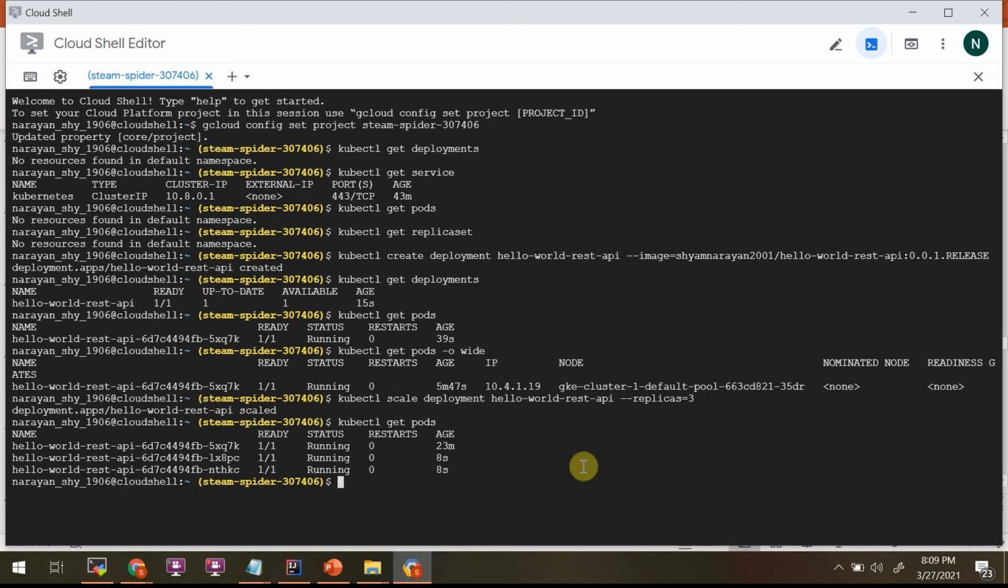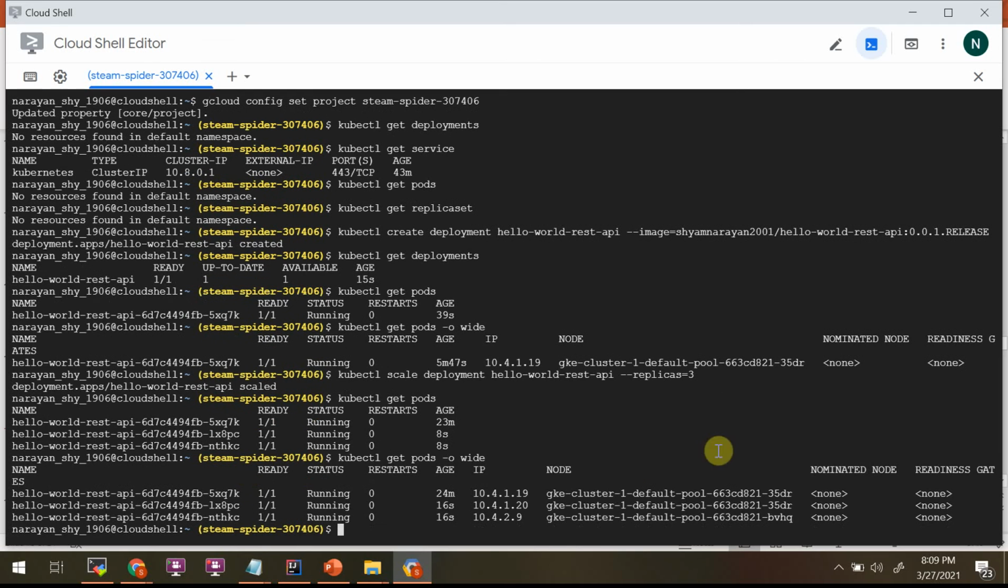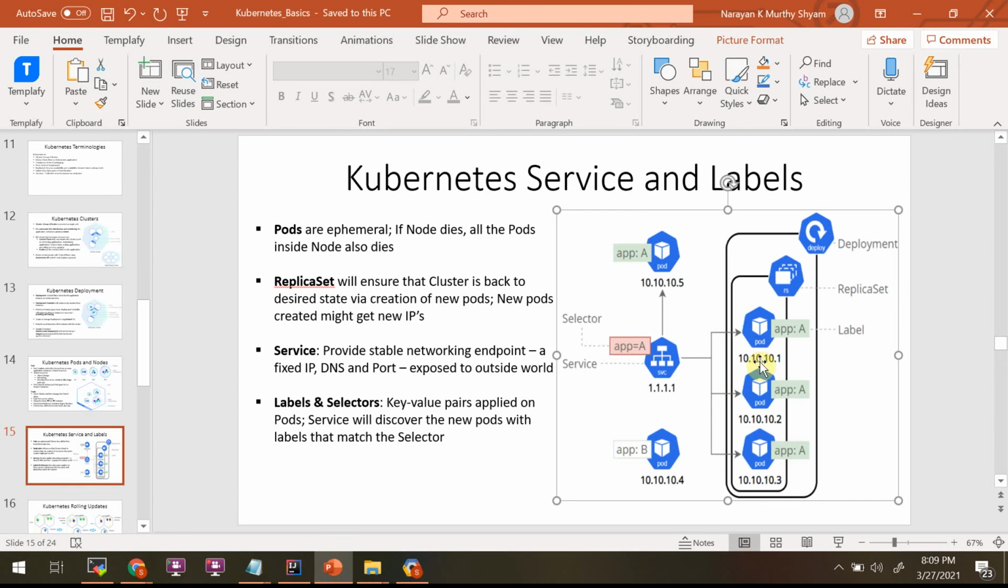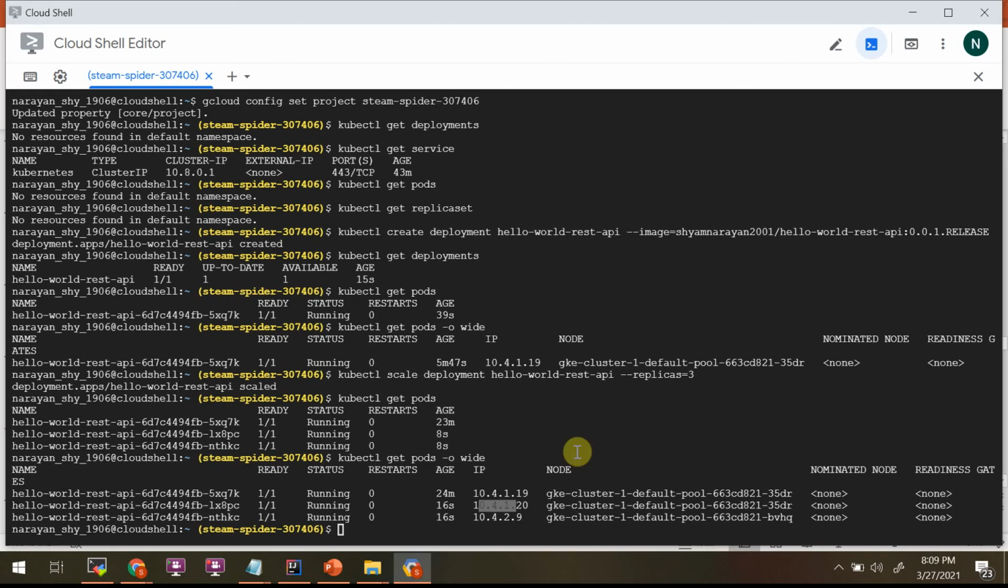Now shall 3. I will also give you the -o wide, which will show you 3 different IPs. That is what, again, I'm showing back to you in this architecture. If you look at these 3 pods, they each have a specific IP address. So these are the IP addresses. And if you look at